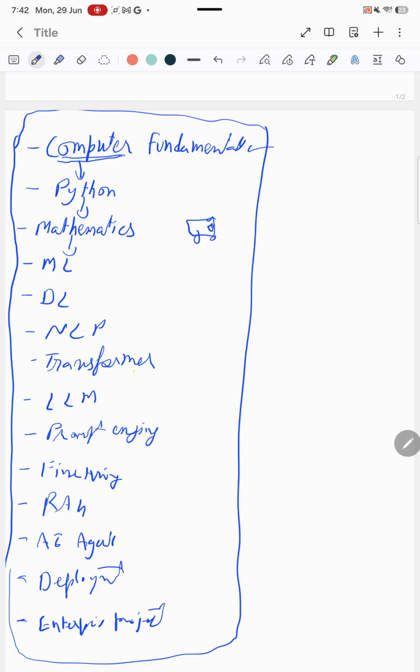It would not make sense. An LLM is built on top of computers. So first we should understand computers.